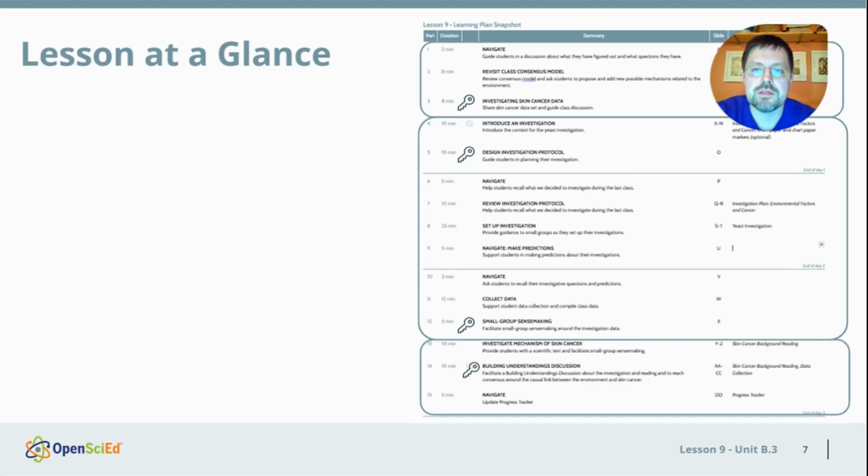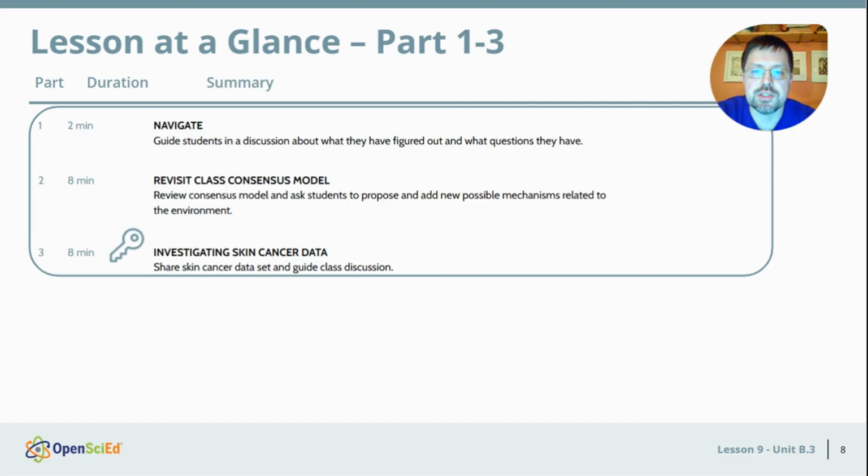There are three big sections of this lesson. Let's dive into what's happening in each. In the first section, parts 1 through 3, students revisit the class consensus model and ask new questions about potential mechanisms related to environmental risk factors for developing cancer. There are a lot of environmental mutagens to investigate, but this lesson will focus on UV radiation and skin cancer